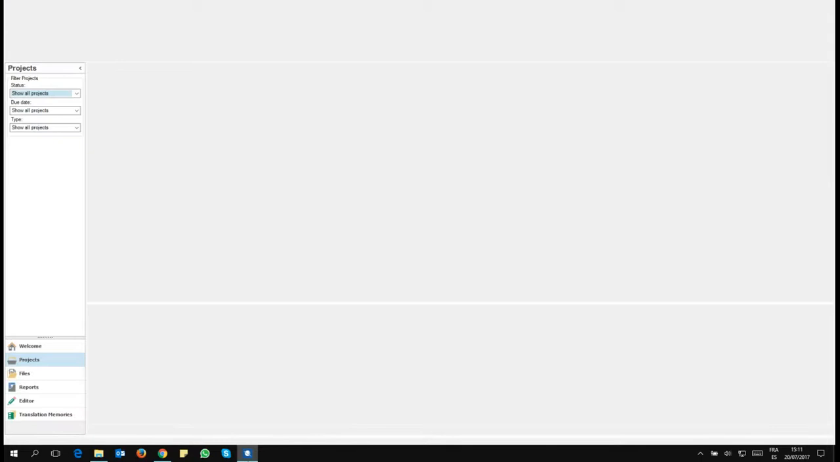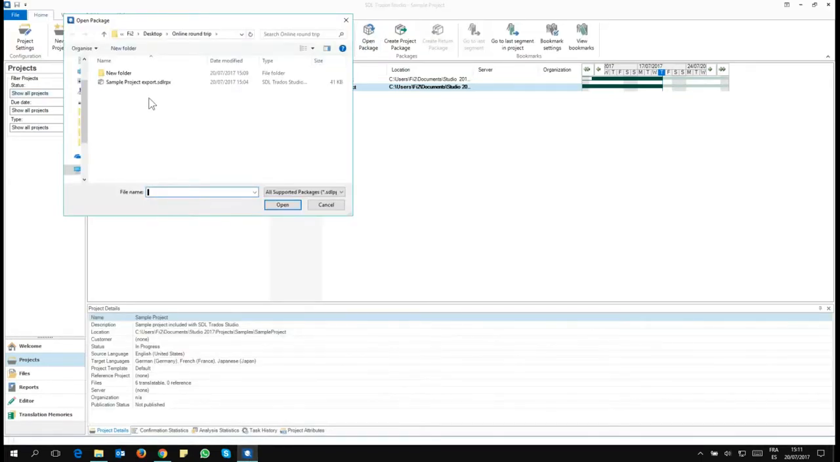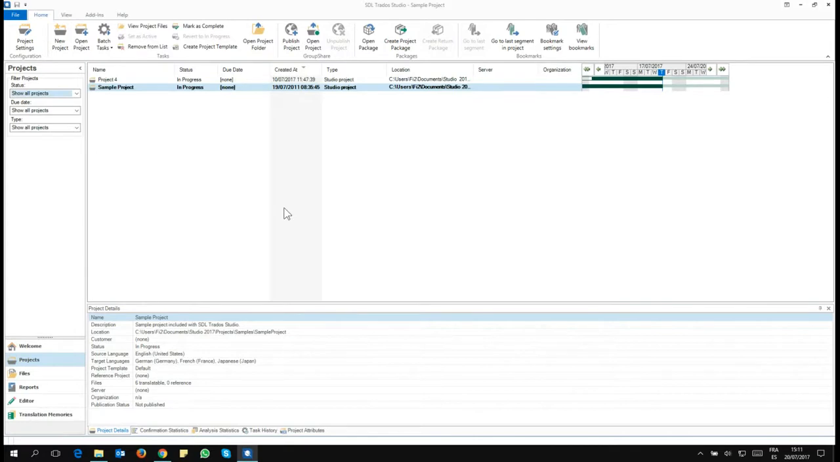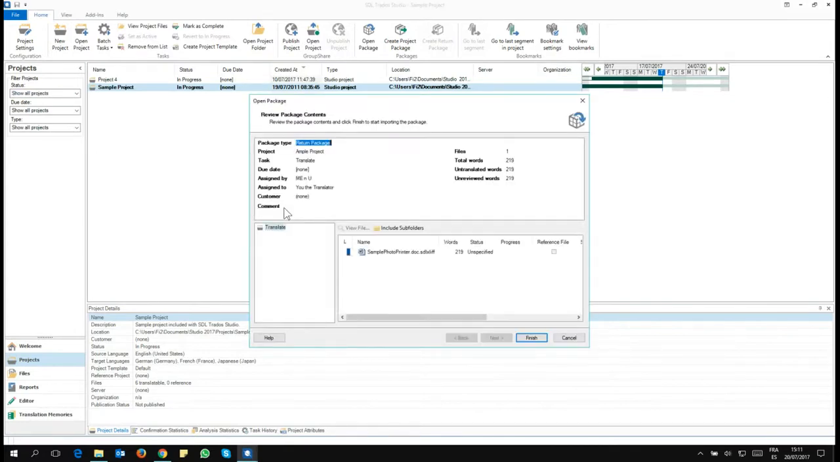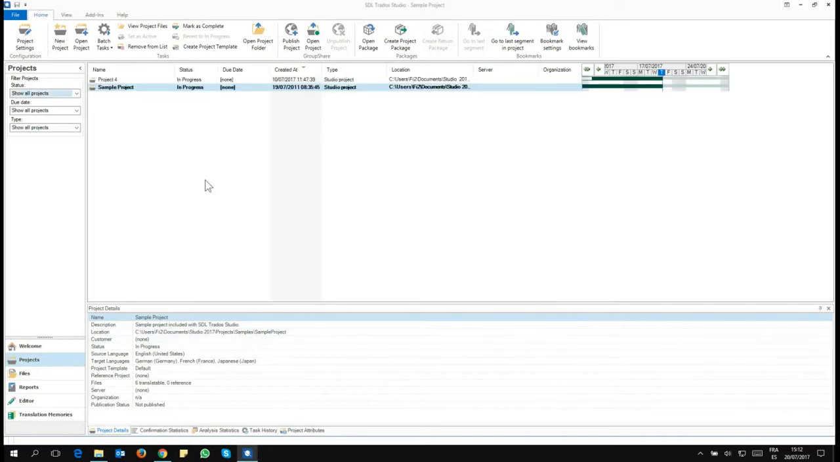Okay, so let's now test it in Trados. So you click on Open Package, we select our return package here, we click on Open, and so here we see the project contents. Click on Finish, and it's going green, so it means it's working. You wait for it to finish, and when it finishes, you click on the Close button, and now we are going to open the project,